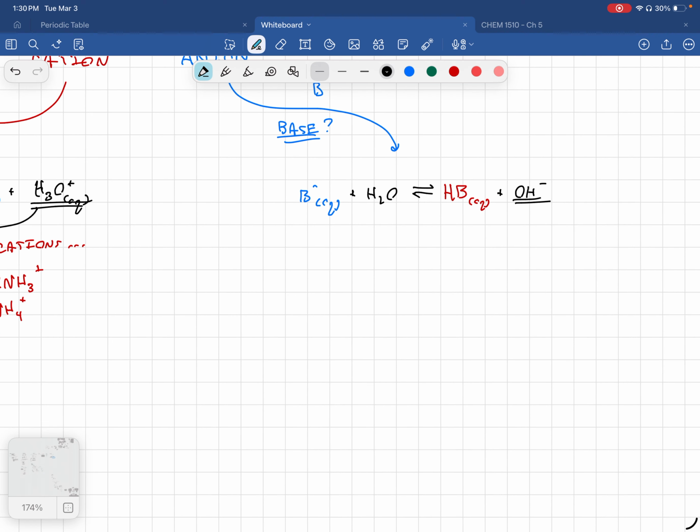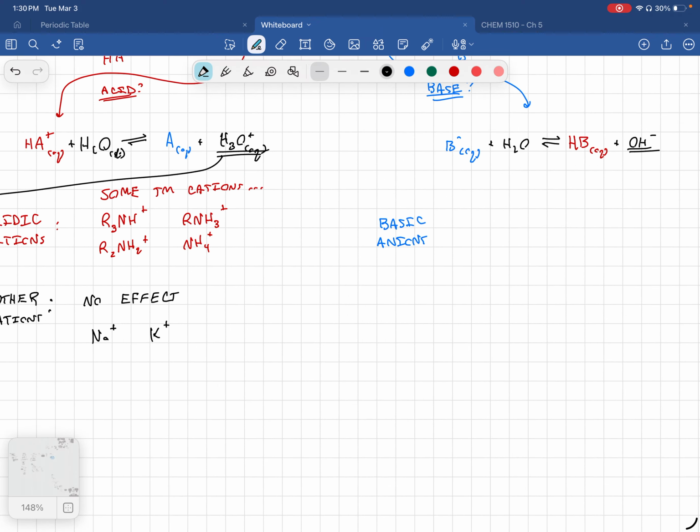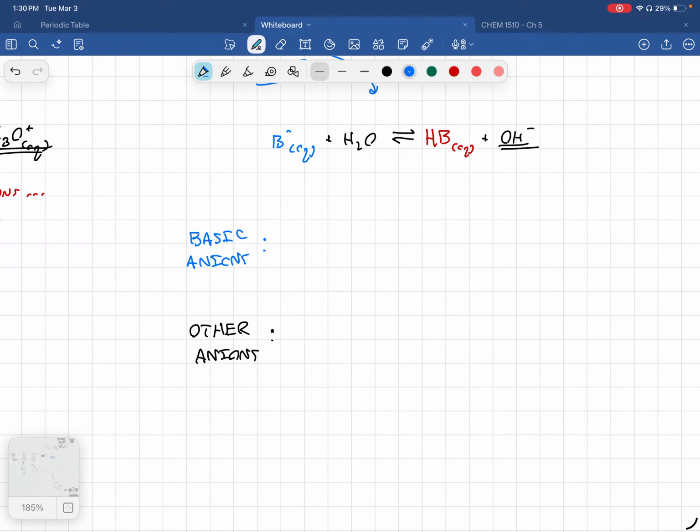So basic anions versus other anions. So what's going to result in a basic anion? Anything that is the conjugate of a weak acid. So for example,